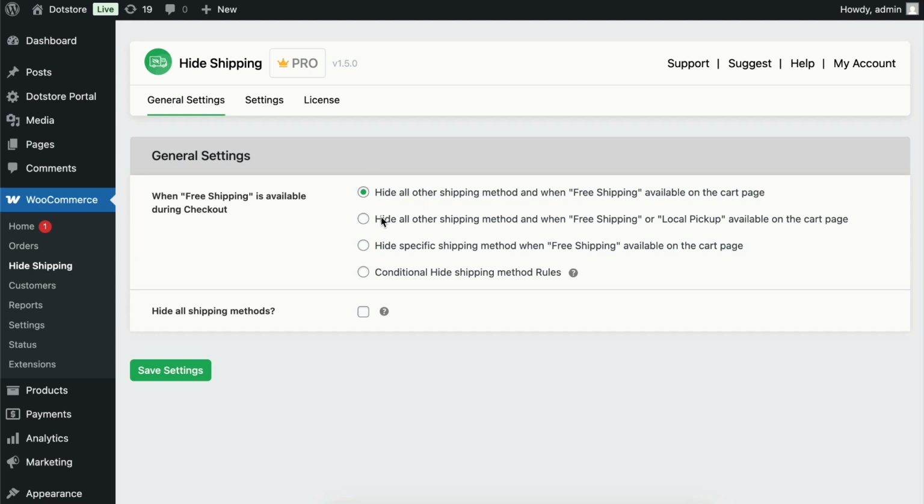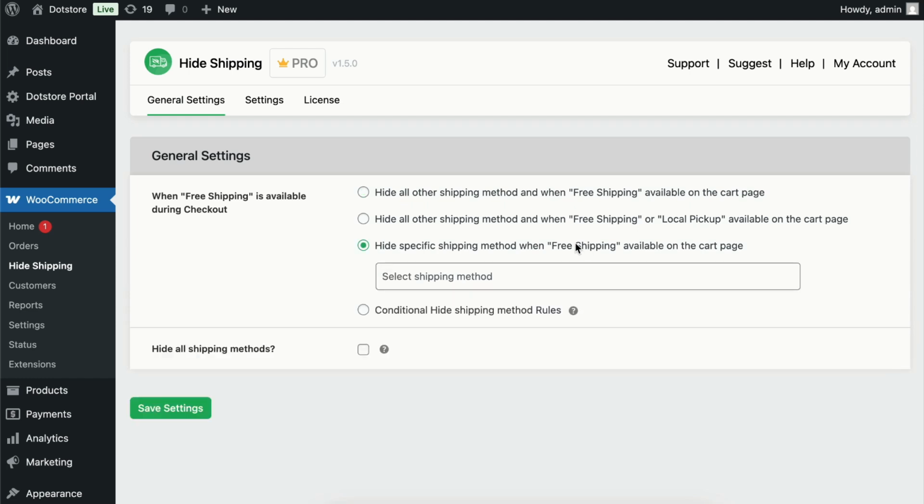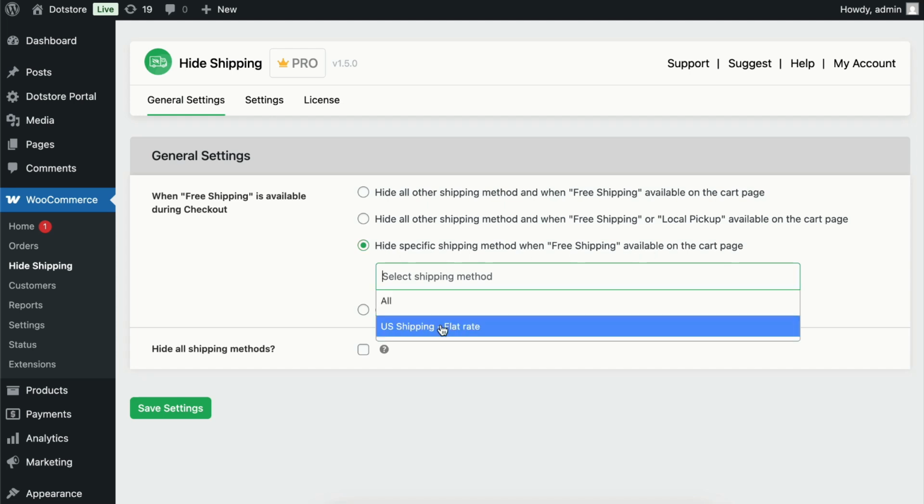You can also hide all other shipping methods when either free shipping or local pickup options are available on the cart page. You can select the second option for that. If you only want to hide a specific shipping method when free shipping is available in the cart, you can select the third option. Then choose the shipping methods you want to hide from the drop-down list when free shipping